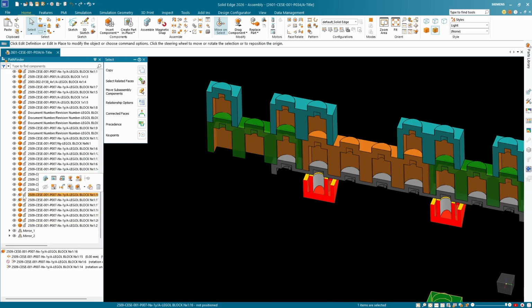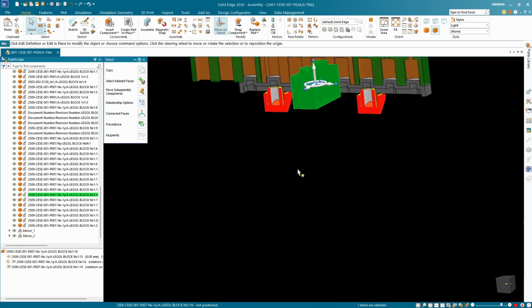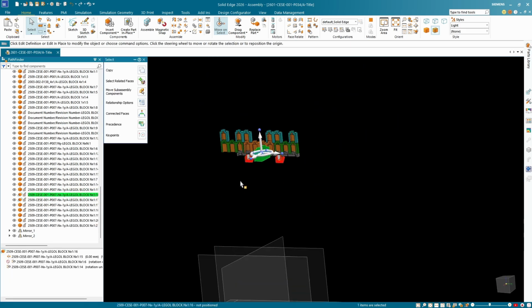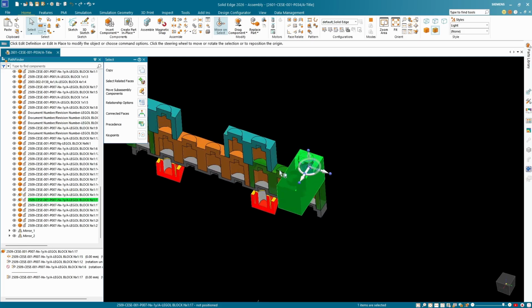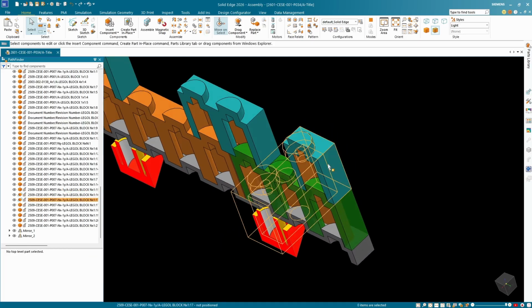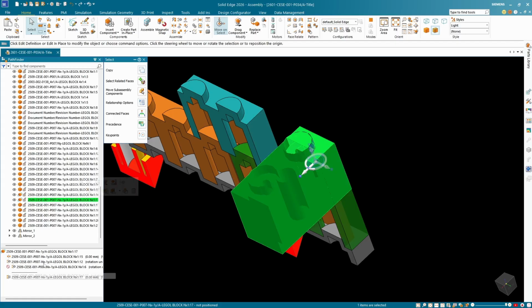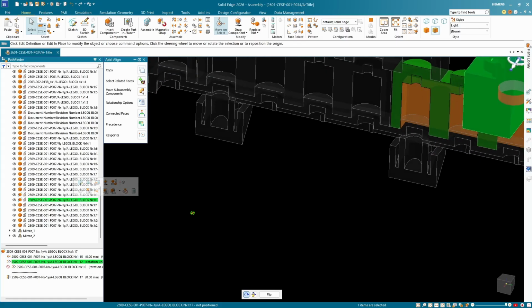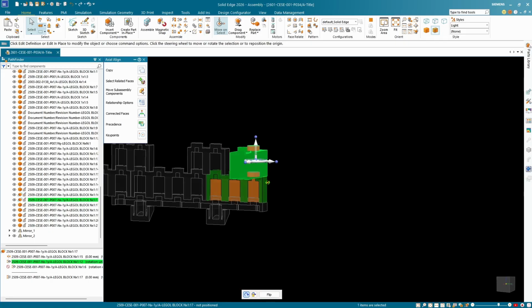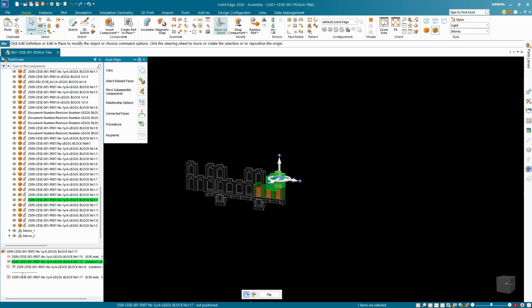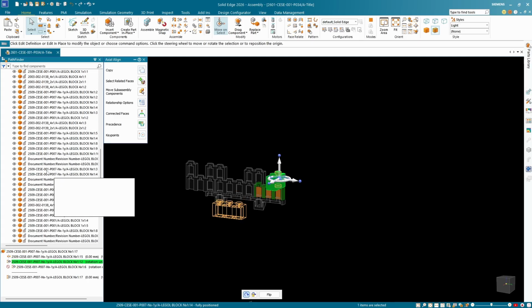So we want to see where that part is. So we can click on it, and I think it's actually highlighted here. Okay, so the reason it's kind of disappearing is because of our section view, and the same for this one here. Well, this one isn't quite the section view, so I can click on this one. Okay, so we can look at the axial align here. Yeah, and that's between the peg of this cylinder and the peg of the block below it, which is exactly what we want. The other axial align, I'm not sure about,